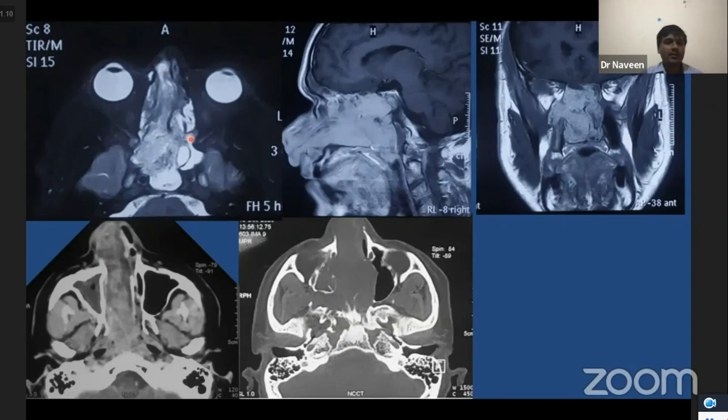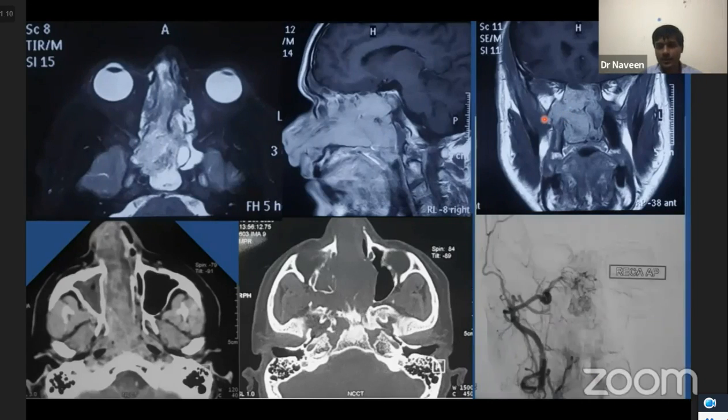What we can see on MRI is a T2 hyperintense lesion showing intense enhancement. This is a highly vascular lesion. Here in the coronal section, we can see extension of the lesion into the infratemporal fossa through the pterygomaxillary fissure. Here the DSA has been done, which shows multiple feeders from the sphenopalatine artery and ascending pharyngeal artery. It usually has a vascular supply from ECA feeders. Rarely, it can also have vascular supply from the cavernous and petrous segments of the ICA. So in an adolescent patient with such a vascular mass, think of a juvenile nasopharyngeal angiofibroma.